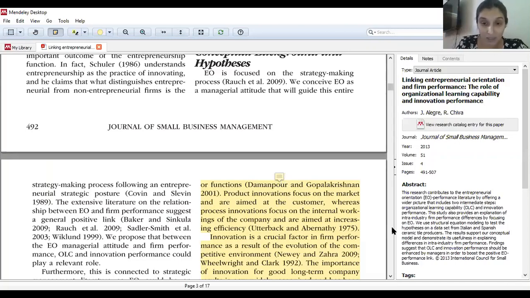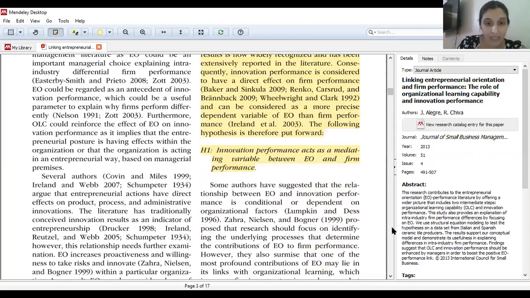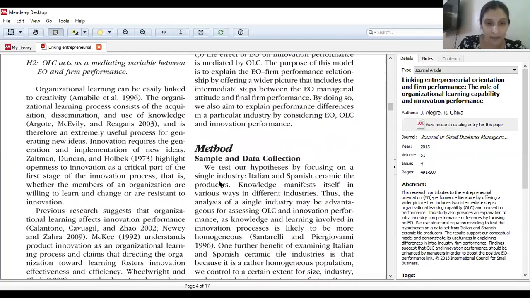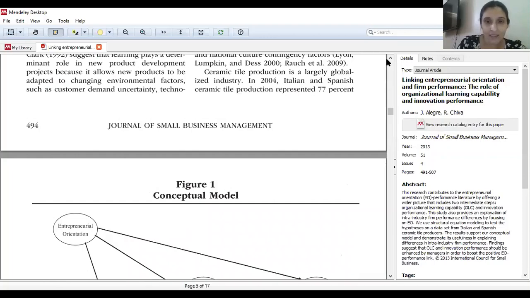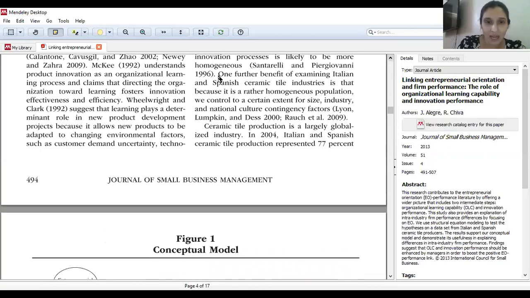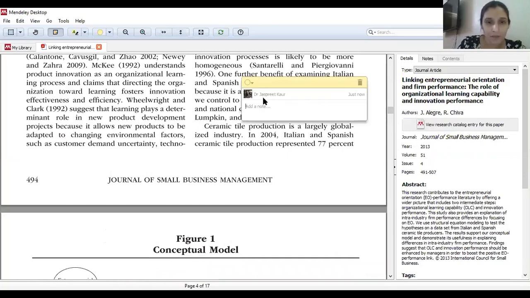Okay. So sometimes, when we do a systematic review, we compare papers. We say, okay, these 5 papers were on millennials. These 5 papers were on old people. So what can I do? I can go to, see, methodology. I went to methodology and here he said, suppose he said I took Spanish people. Okay. So here I will add a note, sample. Okay, I have added a note, sample.